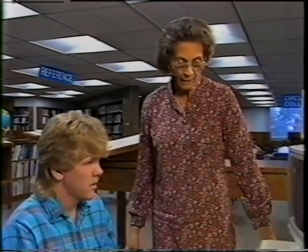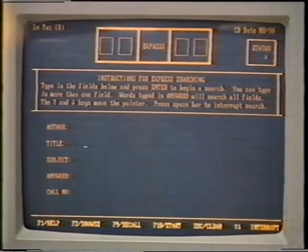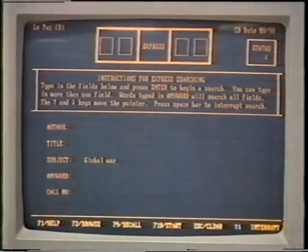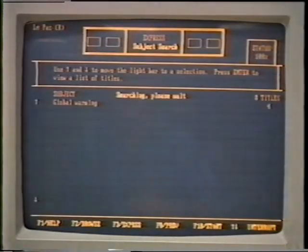Now, let's begin by pressing the Enter key, the red key. Right. And if you take the blinking light down one space with the cursor, with this key, to the next one you'll find a space for subject. So if you feed in your subject, all right, press the red key. That starts the action. And as you see, it says, please wait. It's searching the database. All right, now you see you have